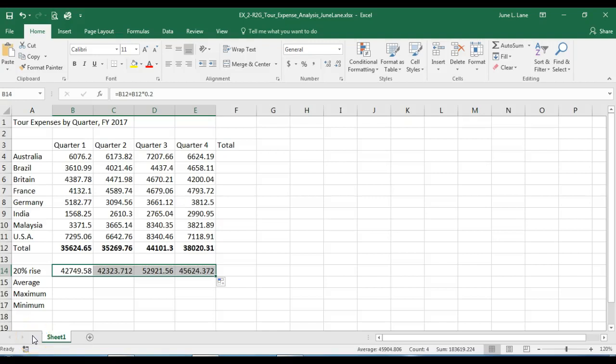Our next task is to insert a function. And functions are predefined worksheet formulas that enable you to perform complex calculations easily. We can use the insert function button on our formula bar, which is right over here. We can